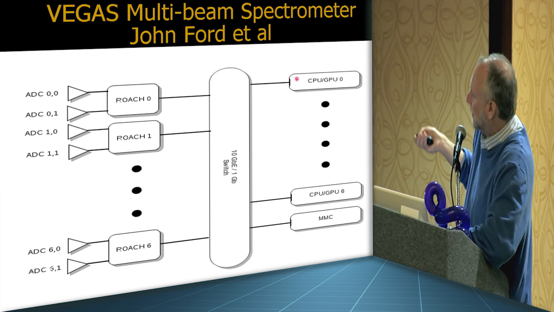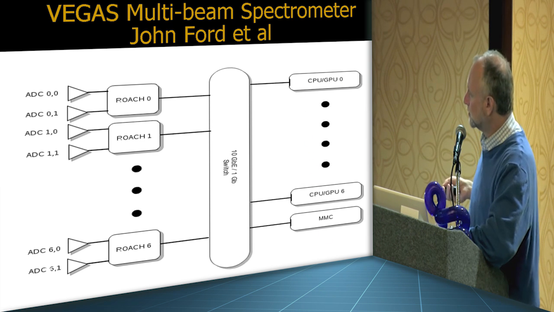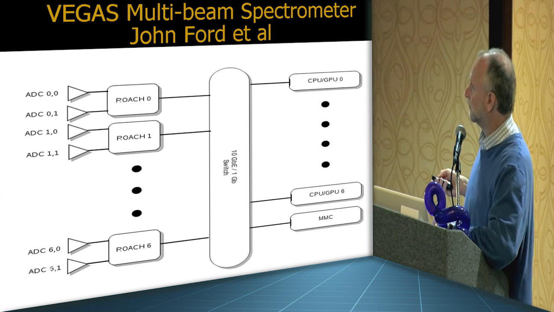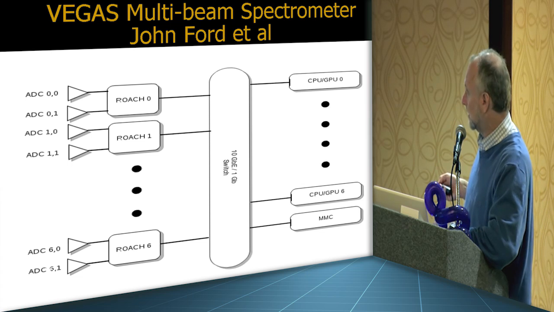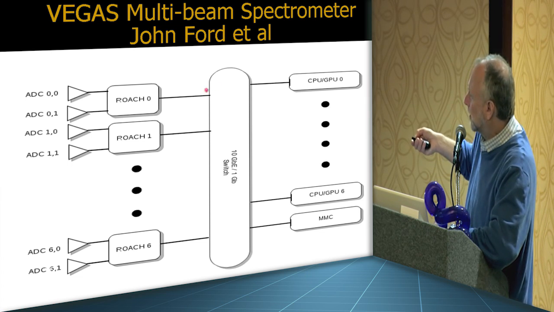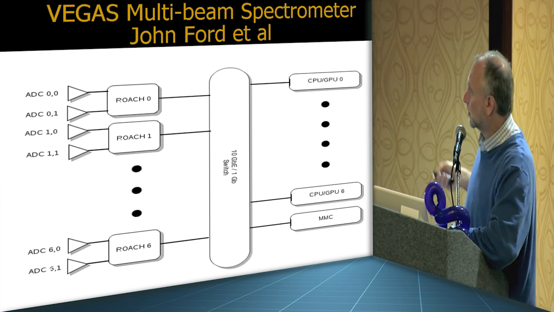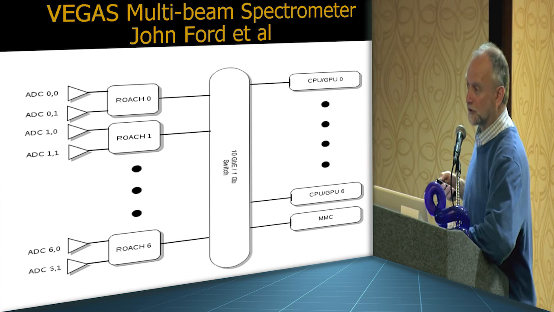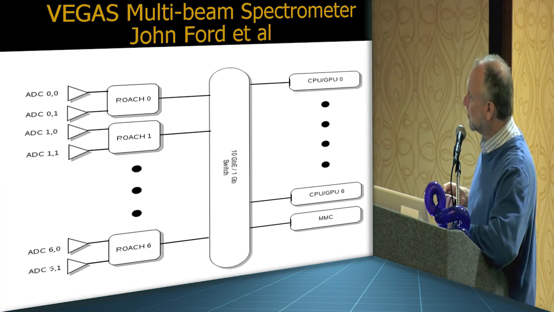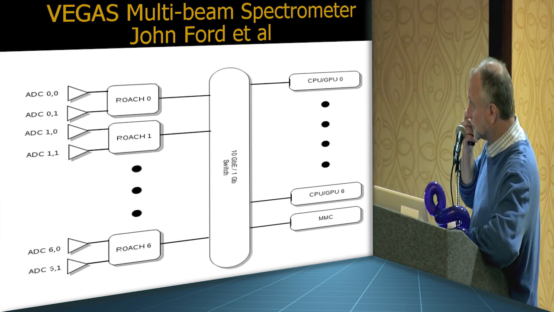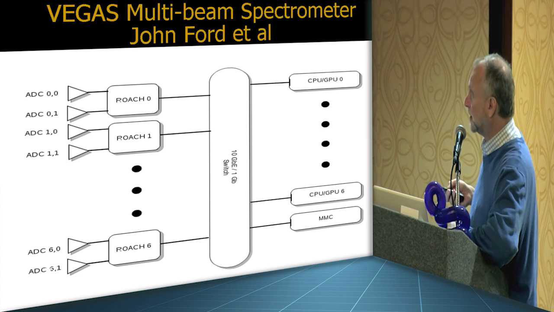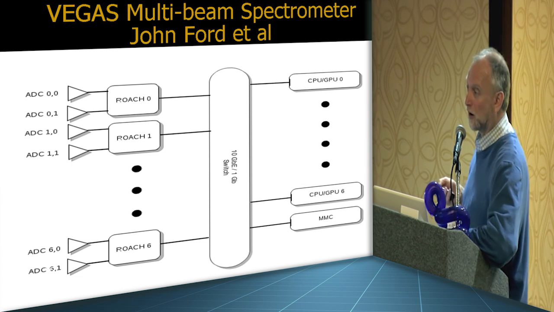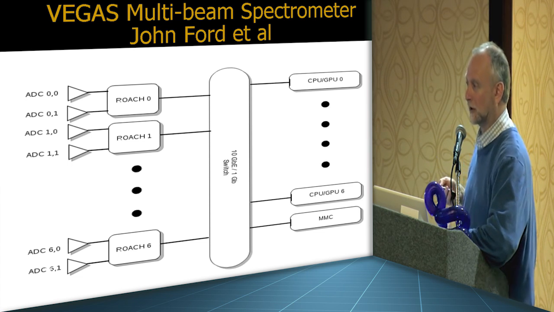And then over here, we're having a cluster of CPUs, GPUs, or maybe ASICs or FPGAs to analyze the data. And as these things grow, you can see we need bigger and bigger switches, although there are ways to build these things out of a bunch of little switches. But we're interested in big switches with thousands of ports. And typically we need full crossbar, full aggregate bandwidth kind of switches.